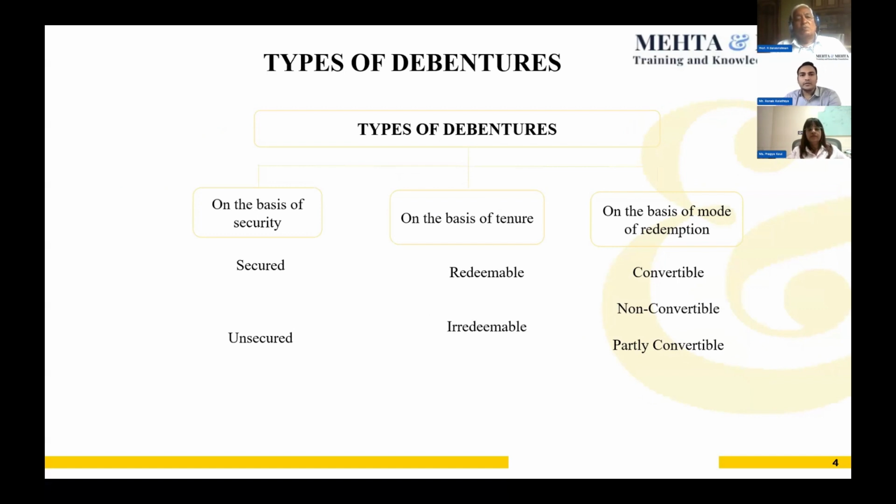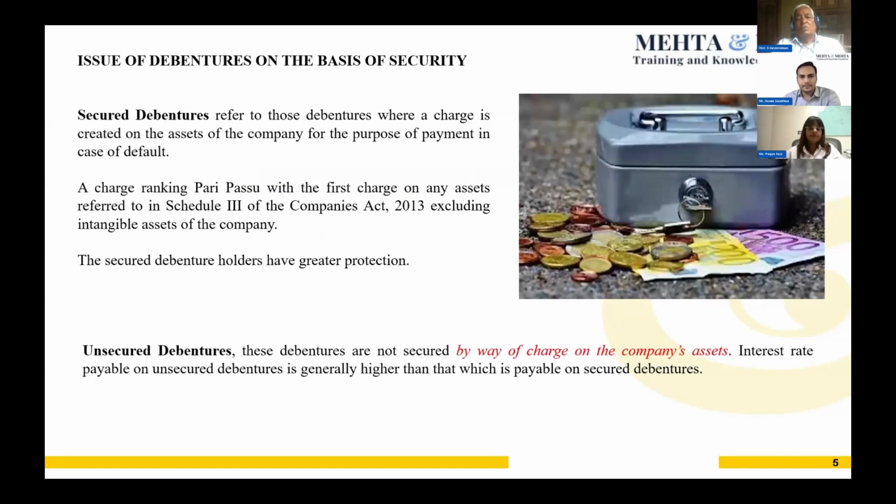Now, moving on to the types of debentures. We can bifurcate the debentures into 3 categories: issued on the basis of security, issued on the basis of tenure of the debentures, and issued on the basis of mode of redemption of the debentures. To start with, if the debentures are issued on the basis of security, they can be termed